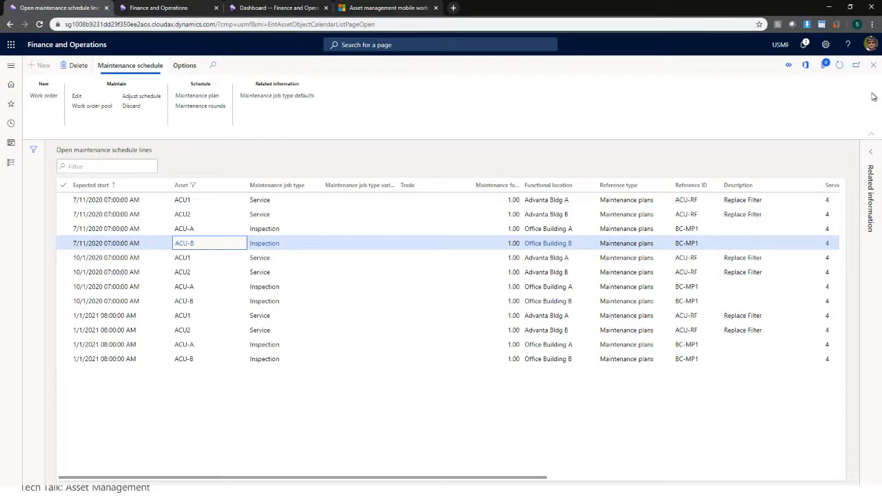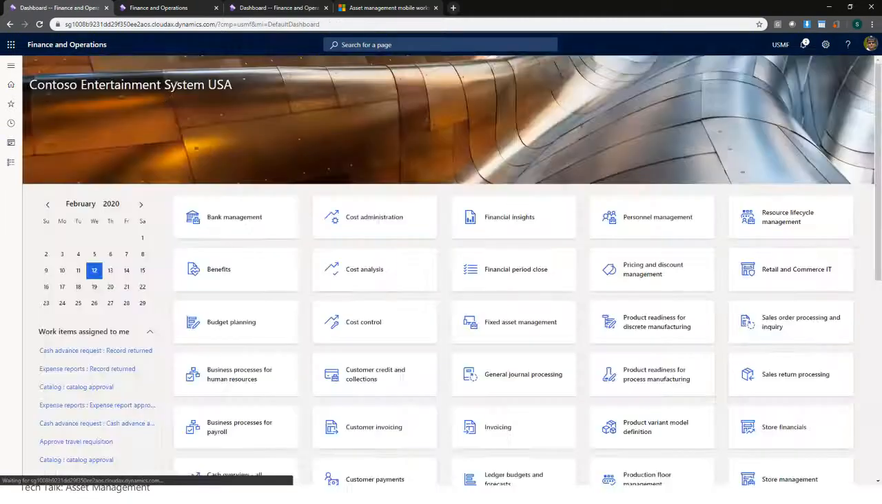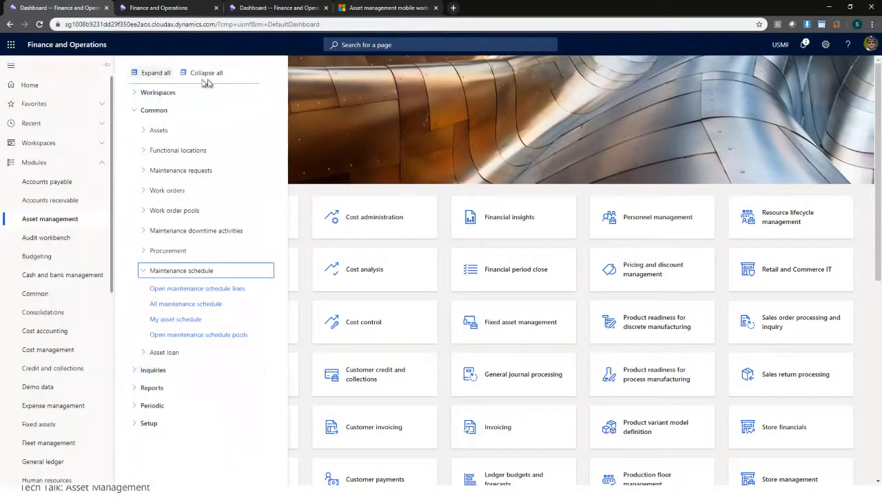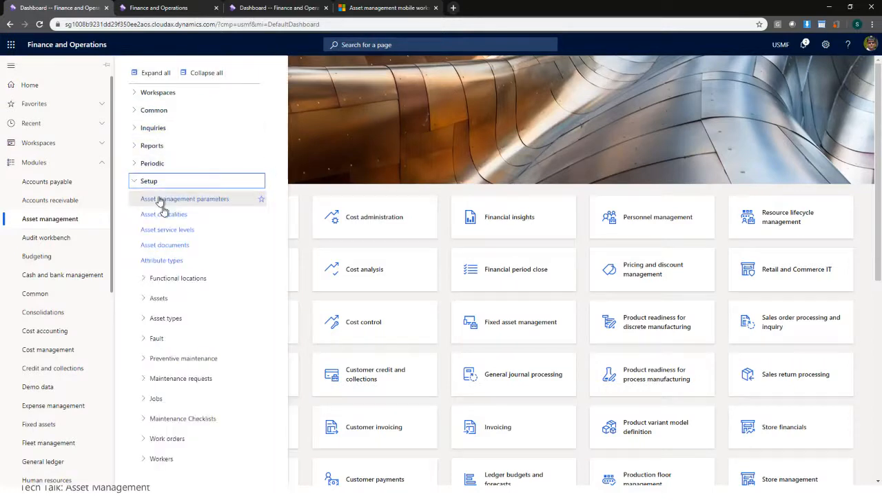Okay, so that's how you schedule your preventive maintenance, where you define a maintenance plan, you run scheduling. Scheduling tells you what is the scheduled maintenance coming up. And then you have the ability to adjust that and create work orders, preventive maintenance work orders from there. Same thing works in a very similar manner for